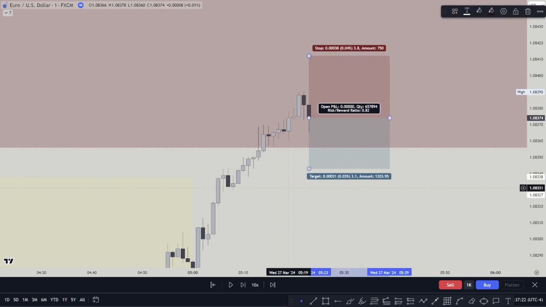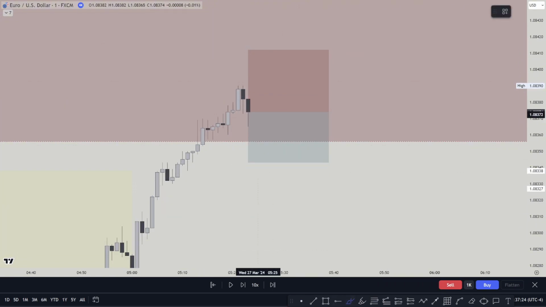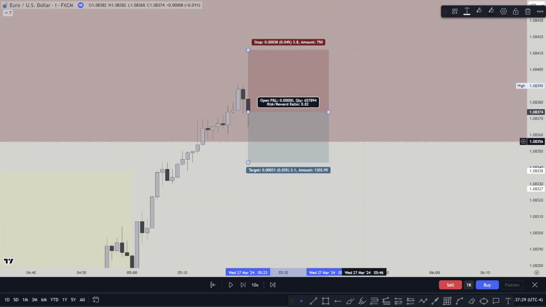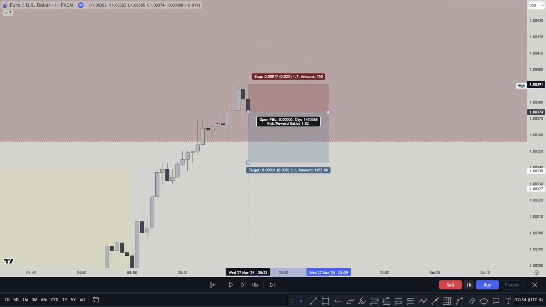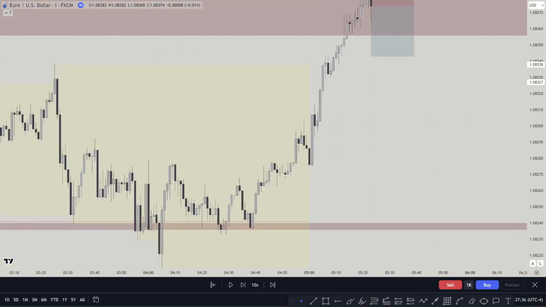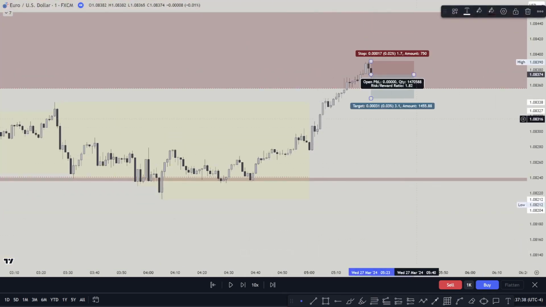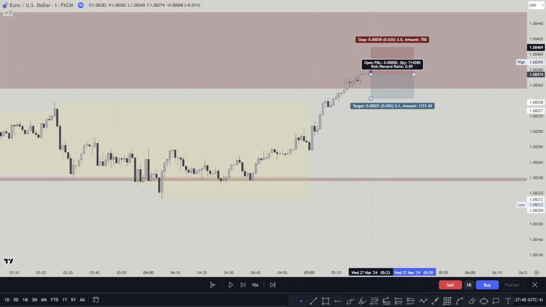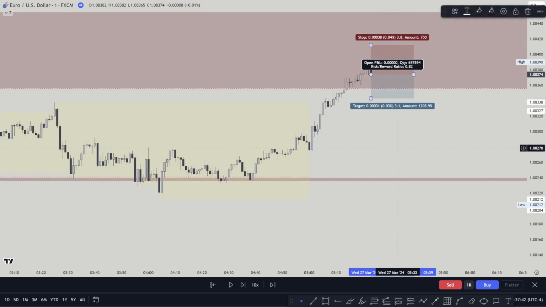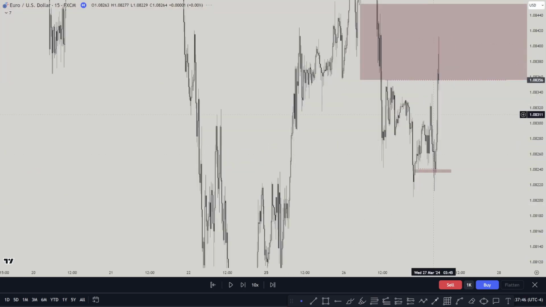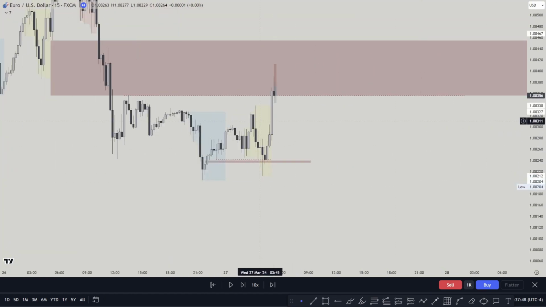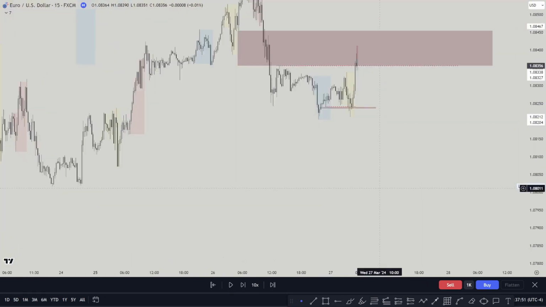I give some room for price to breathe here in case it decided to take the high again and then start coming lower. Because even my target is too far. So I'm not going to go just like this and then maybe lose the trade. And my target is all the way there. It's not worth it. So I give some room for price to breathe, about 3.8 pips, something like this. And then go into 15 minutes. And also the 4 hour, we can see that this was my target for the market makers model.